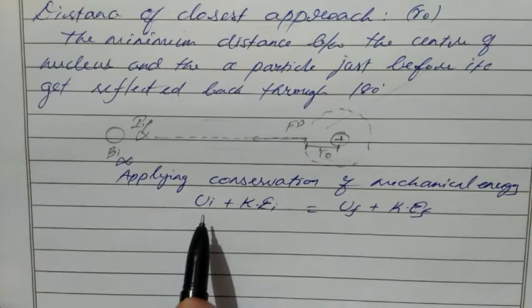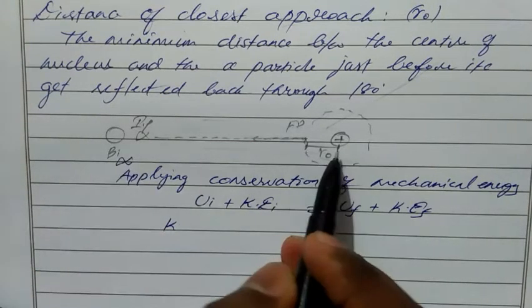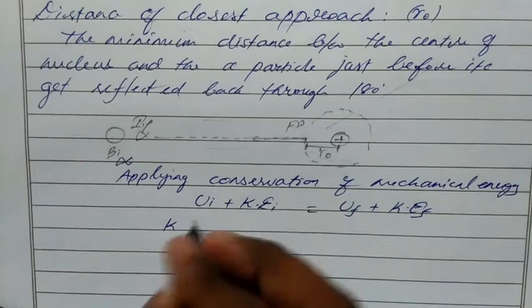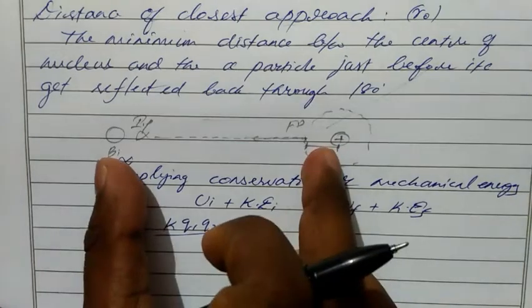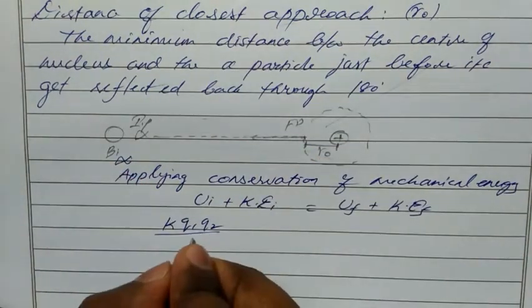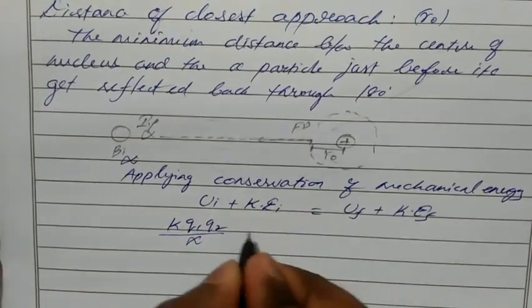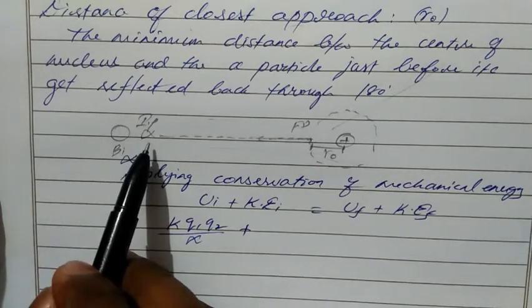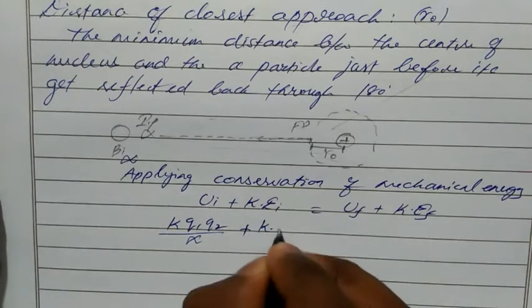So what is the formula for potential? Remember, potential due to a point charge is kq by r, but we have two charges, the charge of the alpha particle and the charge of the atom nucleus, both positive. So we have kq1q2 divided by distance. What's the initial distance from here to there? Infinity. So the distance is infinity, plus kinetic energy. Initially the alpha particle comes out from the bismuth, it has more kinetic energy, that's why it moved towards the positive charge. So initially it has kinetic energy.